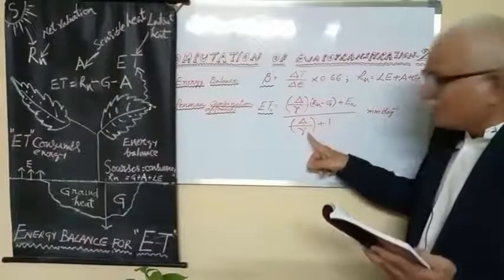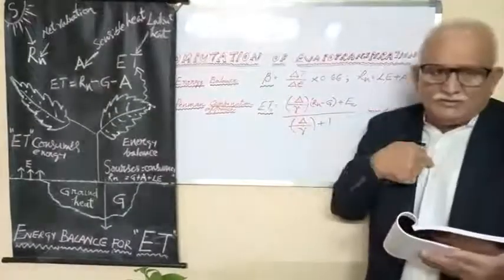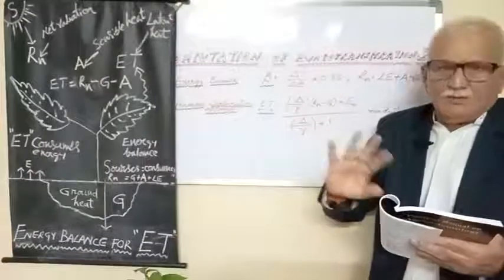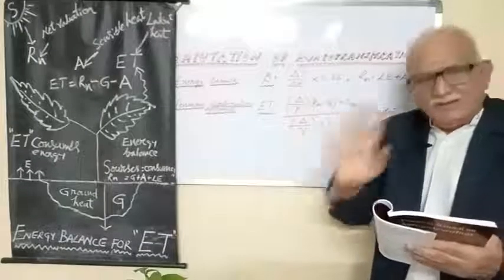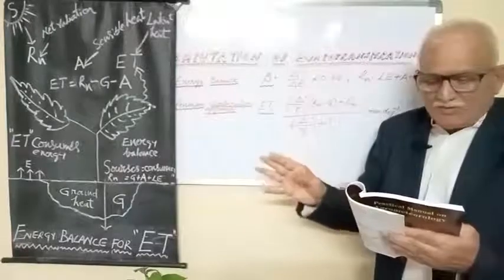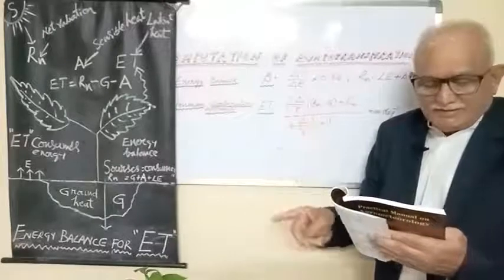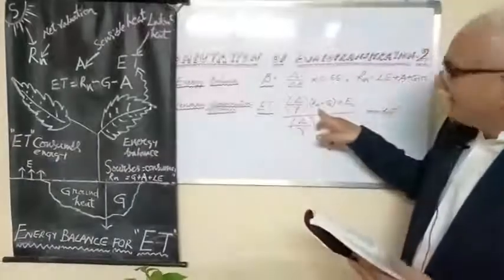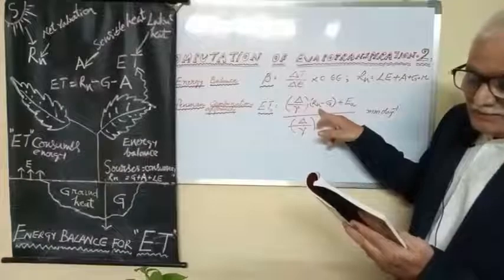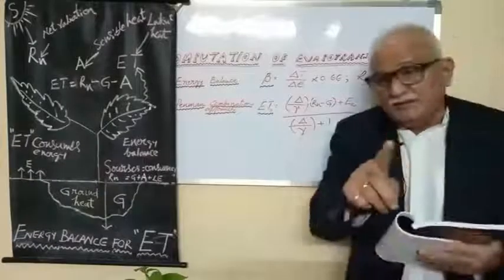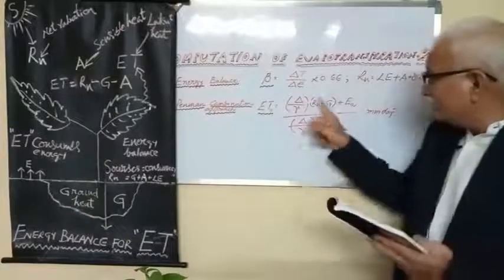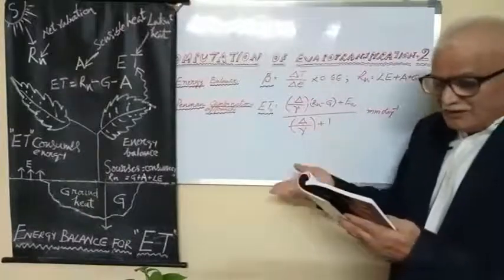What is the psychrometric constant? As I told, 0.766 I used it. It varies with local temperature and humidity. Everything he had given in the tables. Psychrometric constant is 0.49 millimeters of mercury per degree centigrade. Rn, net radiation, in millimeters per day. Please note, the water equivalent he had given in millimeters per day. And G, ground heat flux.